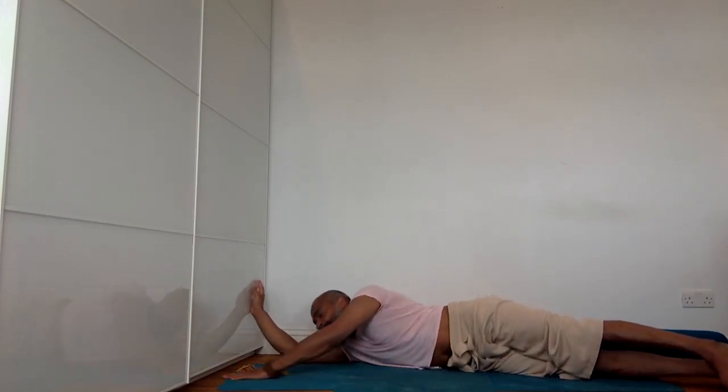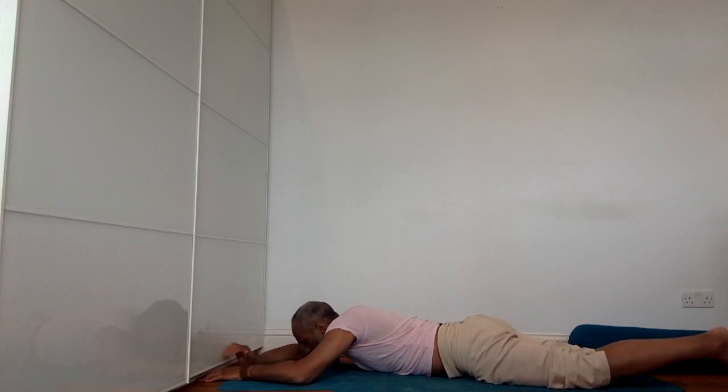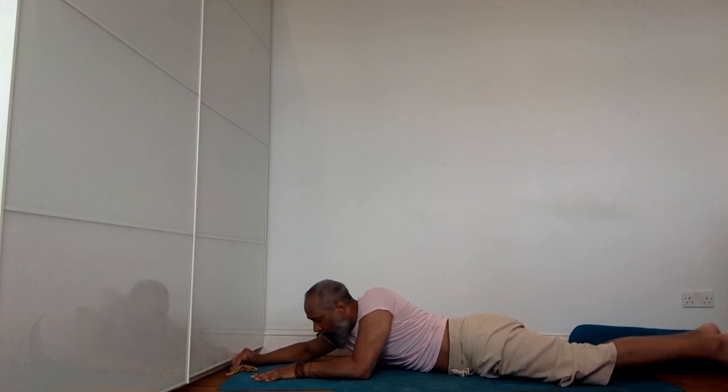And when you're ready, extend the right arm to the floor, allow the left arm to come so the belly's on the floor. And as the belly's on the floor, just allow the arms now to come underneath. We're going to come into a Sphinx pose. And as the elbows come towards the floor,